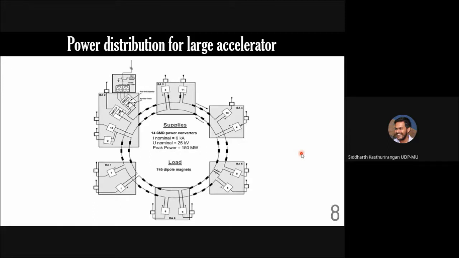For around 20 minutes we have the UPS backup, and that itself takes a large battery bank which fills an entire room filled with car batteries, actually. I mean, literally the same kind of batteries. And that is used for backing up the power, and that works only for around 20 minutes. And within those 20 minutes, the operator or whoever is in charge of the facility shift at that particular time, they have to come and switch off everything before the power completely fails.